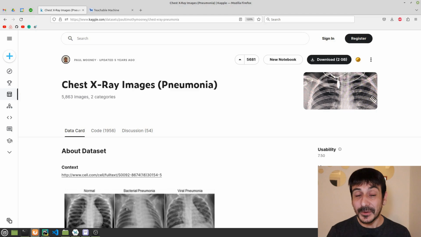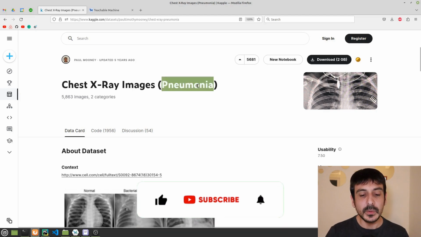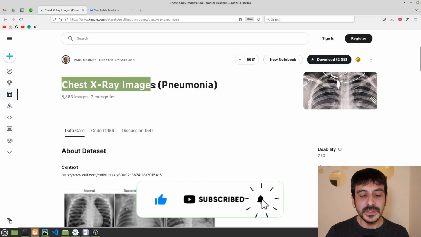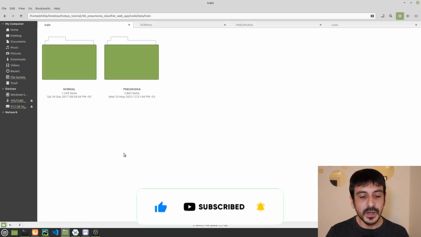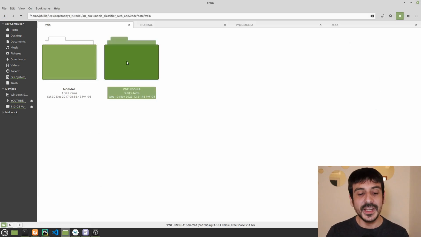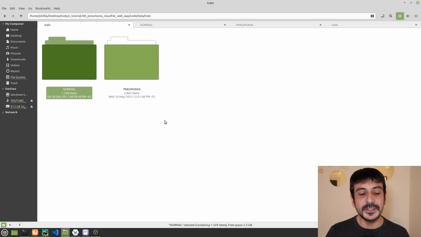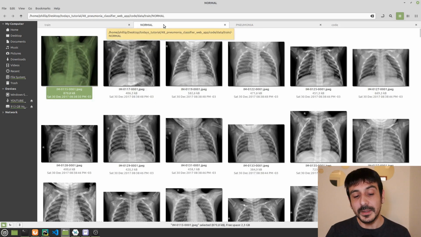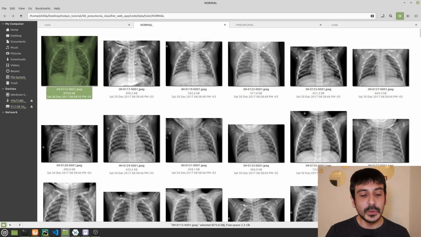This is exactly the data we are going to be using today. We are going to work with a pneumonia dataset, and we will be classifying chest X-ray images into one of these two categories. We are going to be classifying absolutely every single image either as pneumonia or normal. These are the two categories of today's tutorial, and now let me show you a few examples of each one of these categories so you see exactly how they look.